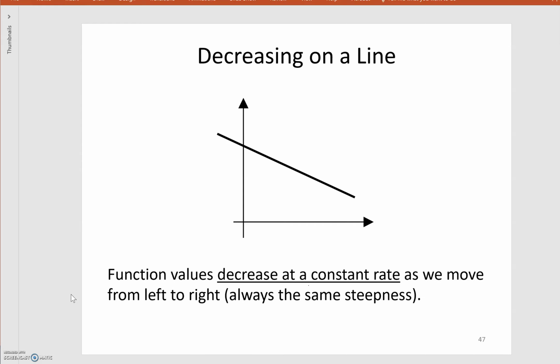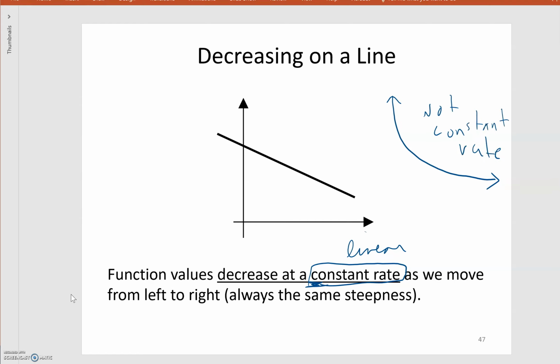Notice this decreasing linear function has the same characteristic that it's decreasing at a constant rate. So linear means constant rate as we move from left to right, for a decreasing function. And similarly, if I did something like that, I'm still decreasing, but not linear, not constant rate. So let's dive into these pictures that I'm sketching over to the side that have non-constant rates a bit